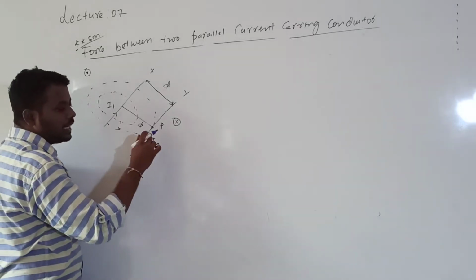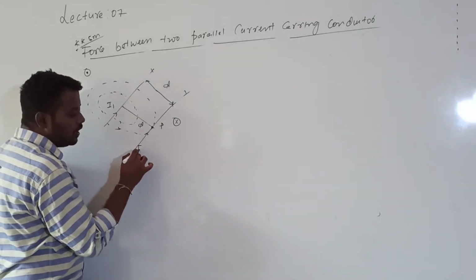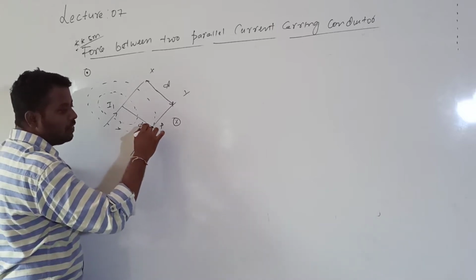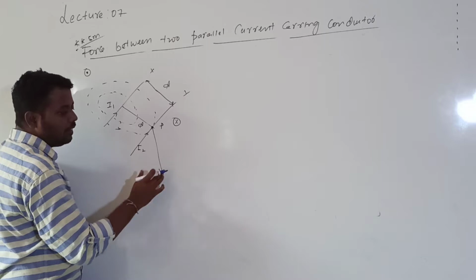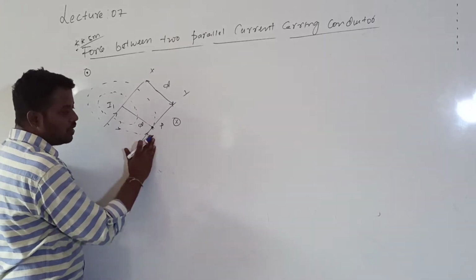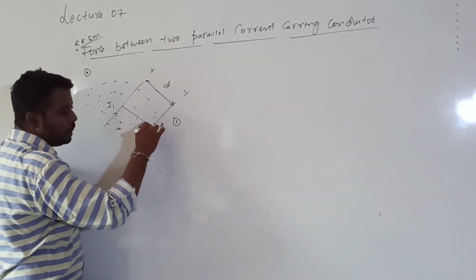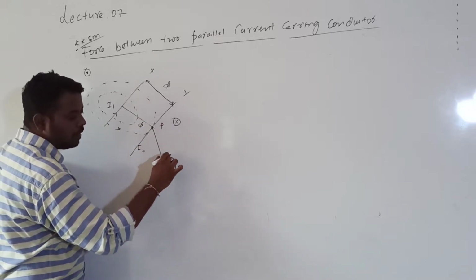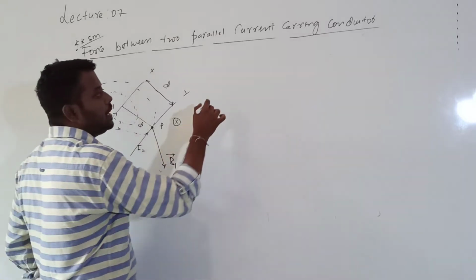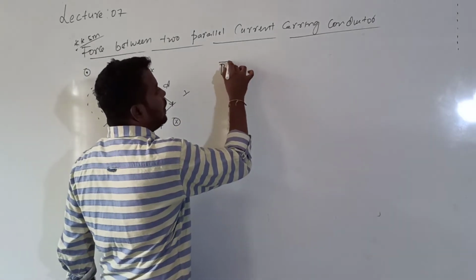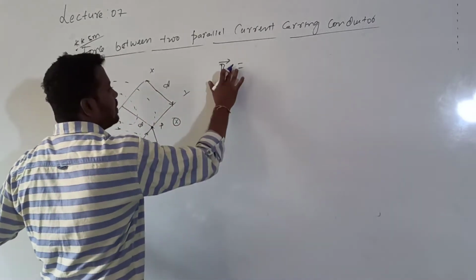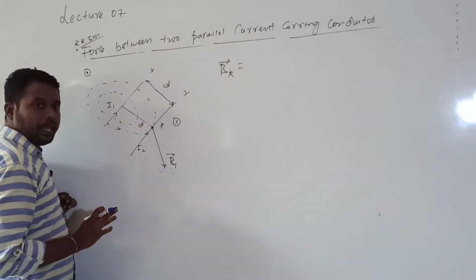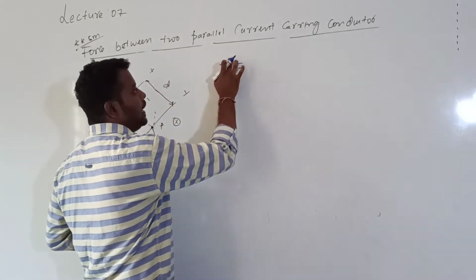So according to that magnetic field, which one? According to Maxwell's Kirchhoff's rule or Ampere's thumb rule, the direction of the magnetic field will be perpendicular to the plane, passing inward. So this is the direction of, can I call it B1 bar? What is B1 bar? The magnetic field due to the first conductor, or Bx bar, due to the conductor X at a point P. So what is the magnitude of this Bx?